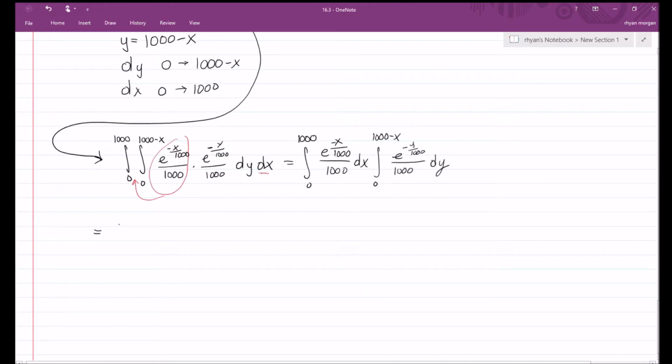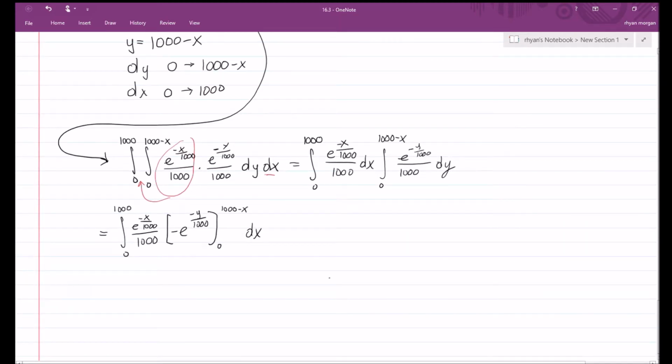So this is then equal to the integral from 0 to 1,000 of e to the negative x over 1,000 divided by 1,000 times negative e to the negative y over 1,000 evaluated at 0 and 1,000 minus x